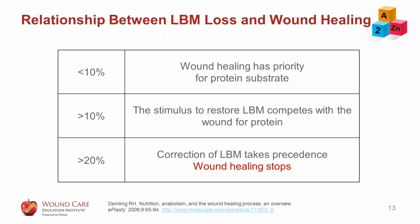The relationship between lean body mass loss and wound healing is something that has been studied extensively. And what we know is that if your patient is losing lean body tissues, that's not the normal situation. You should not be losing your lean tissues. So their body has an impetus to restore that lost lean tissue because your lean tissues include all of your metabolically active